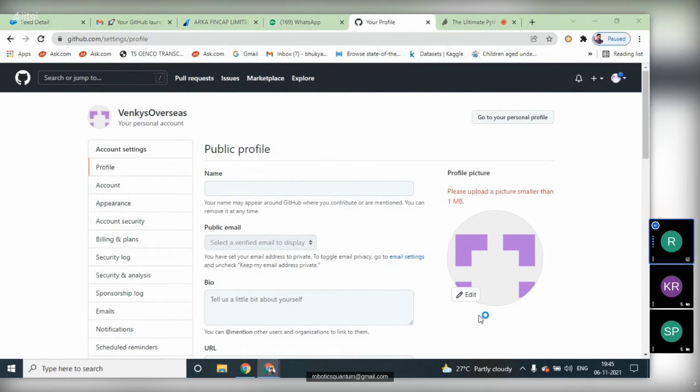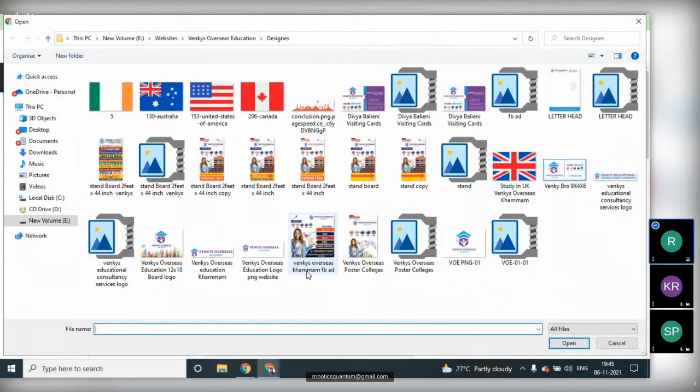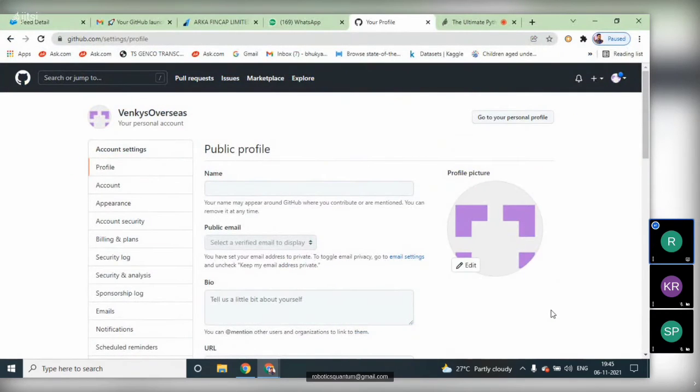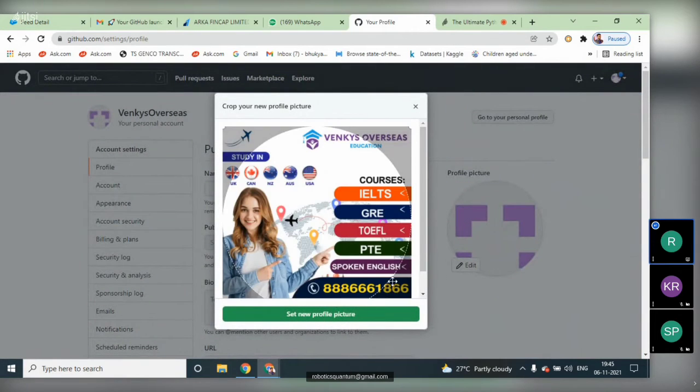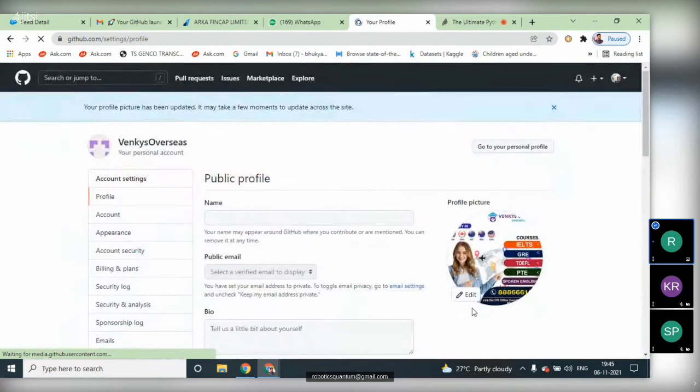If the file is more than 1 MB, it won't upload. Let us select this one. You can upload any picture of yours, which must be a professional picture. I selected this one as a sample photo and uploaded it.